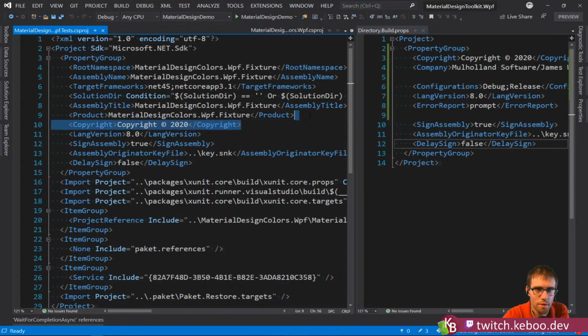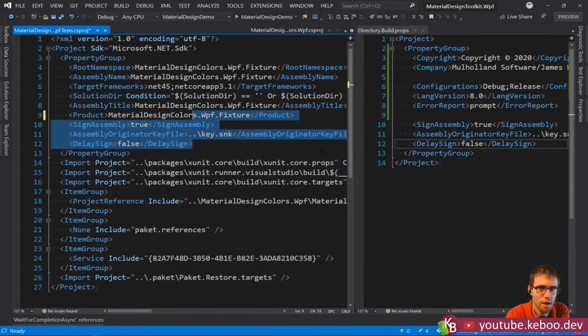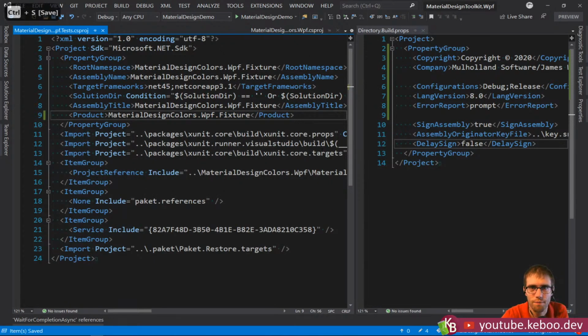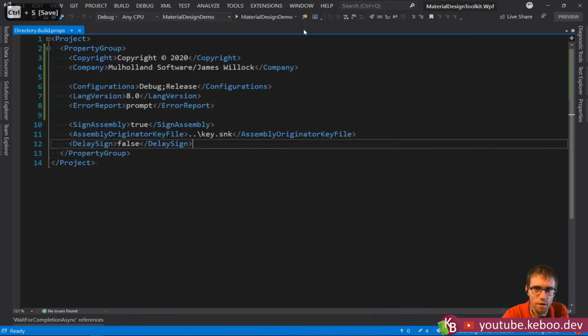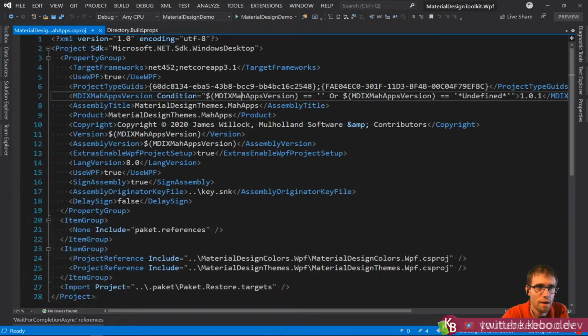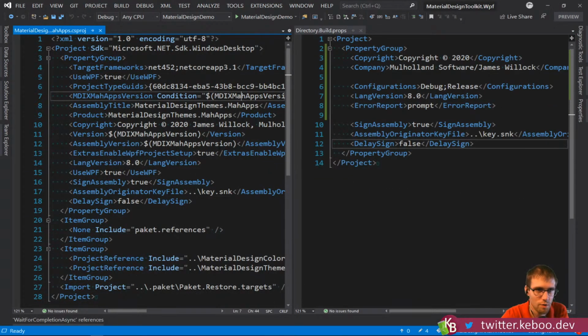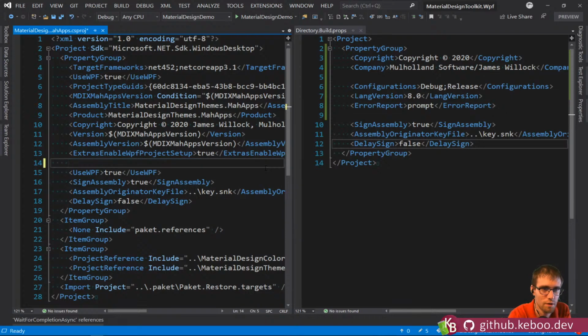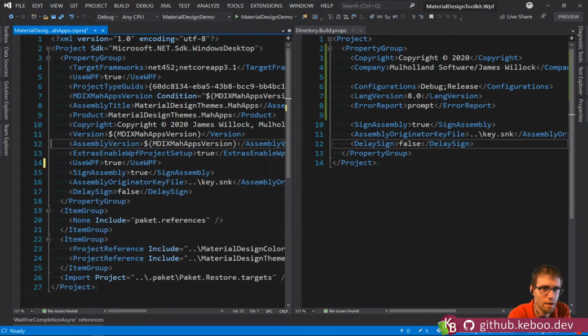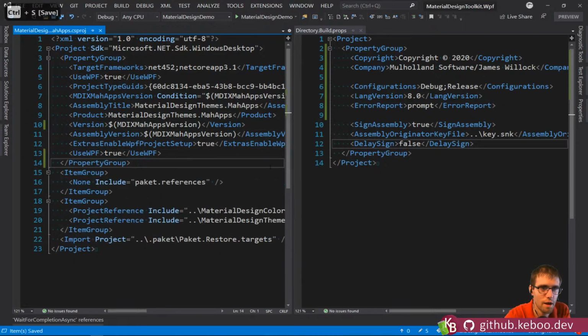I wonder, so copyright doesn't need to exist there, lang version doesn't need to exist anymore, and signing doesn't need to exist anymore. And it just magically works. That's the really great and unfortunate thing about directory build props, is they just work, and unless you know to go looking for this file, you have no idea that it's being applied. So, double-edged sword. So we'll get rid of that guy, get rid of copyright, get rid of those guys,